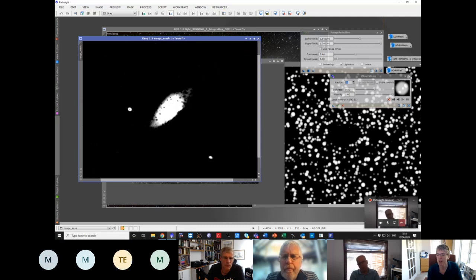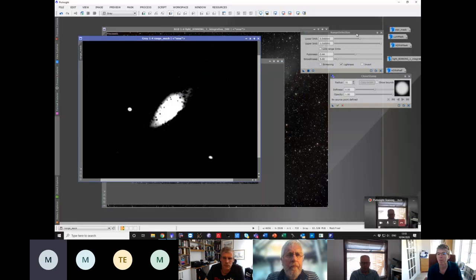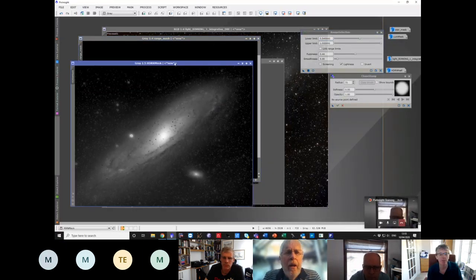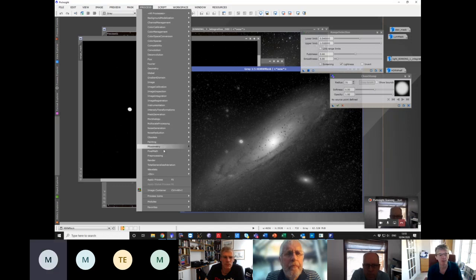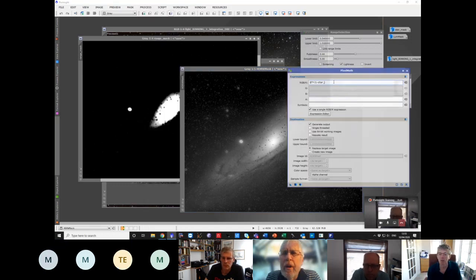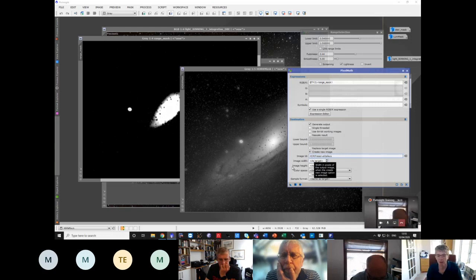Okay, so if that's the bit of the galaxy we want to protect, what we can do is take out the HDRW mask. If we want to protect that, we need to multiply that by 1 minus the range mask. So again, go back to the pixel math expression. The $T is effectively saying do it to the selected image. Okay, and if we do that,